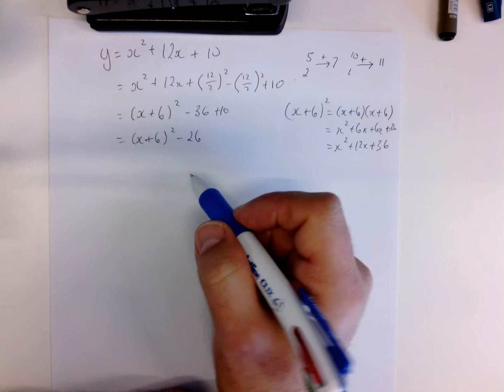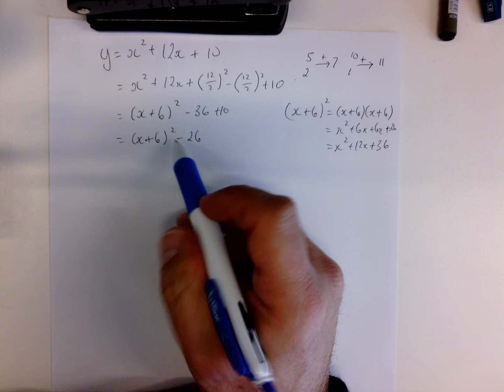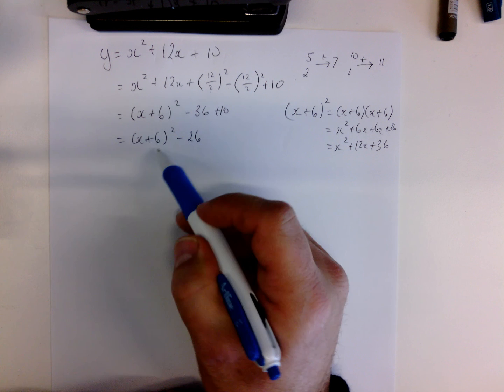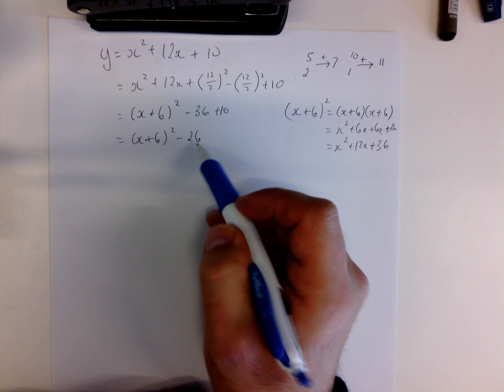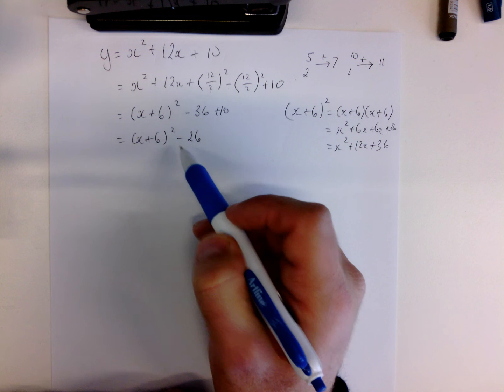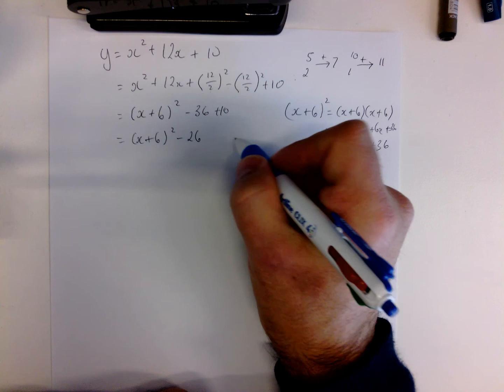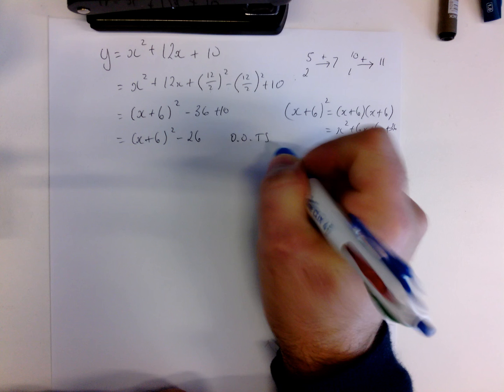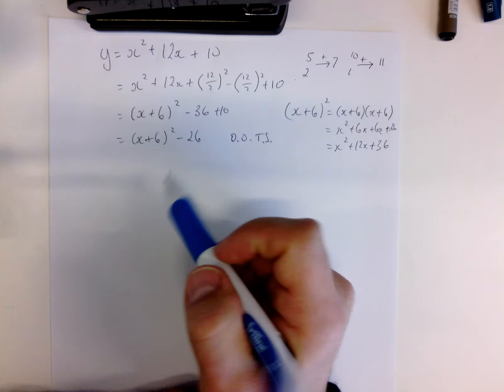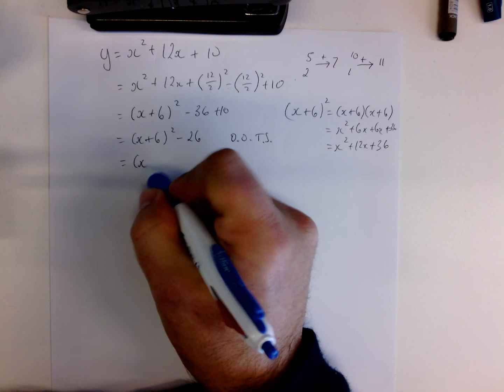Now that we've got to this stage where we've got a factor squared take away another factor, with the key being subtract, hopefully you'll notice that we now have a difference of two squares. And to show you, I can write it like this,